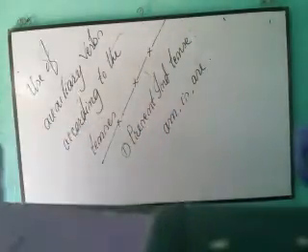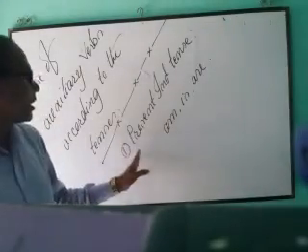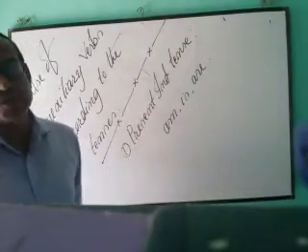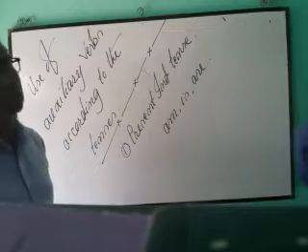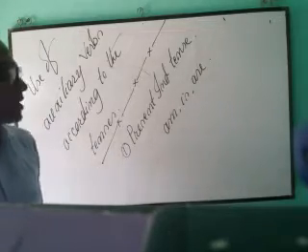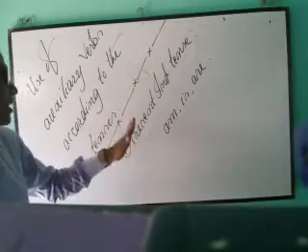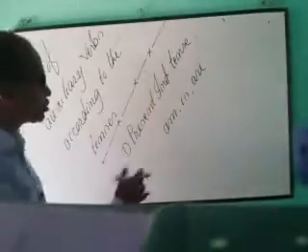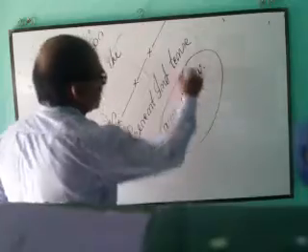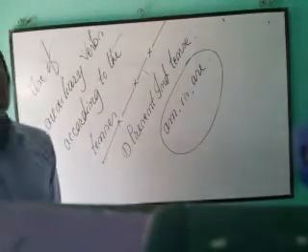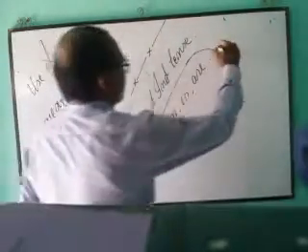Guys, you know very well, in two tenses we don't have any auxiliary verb. One is present indefinite, one is past indefinite. But whenever we want to change the active voice into passive voice, especially in the present indefinite tense, you need to use am, is, are as auxiliary verbs and then V3